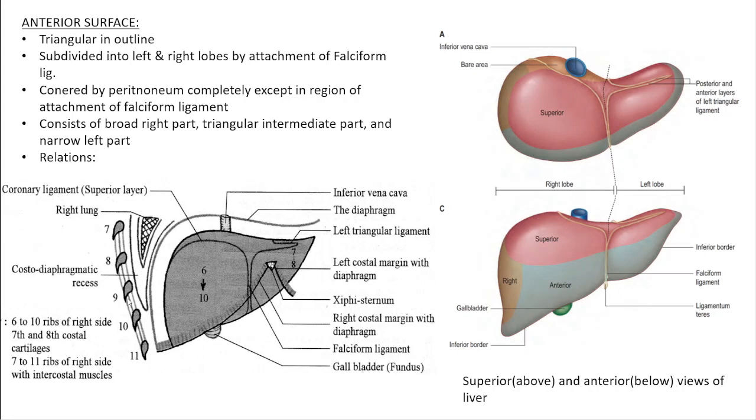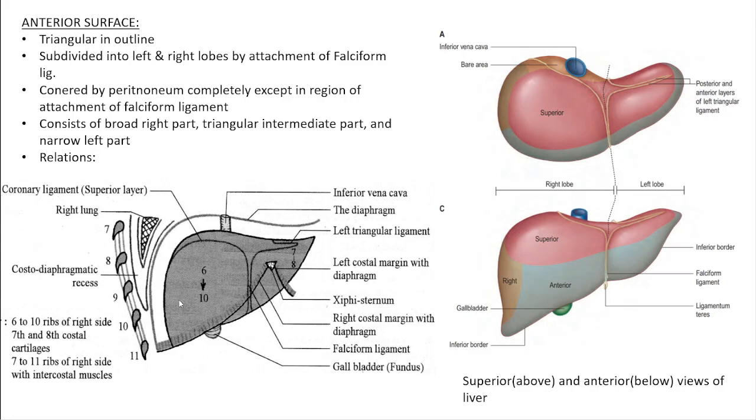So what we do is, we ask the patient to hold their breath in full expiration. In full expiration, the diaphragm ascends upwards to decrease the volume of the thoracic cavity. So the lower border of the lung will ascend upwards, and the lowest edge of the costodiaphragmatic recess is also going to ascend upwards. We ask the patient to hold his or her breath in full expiration, and then we pass